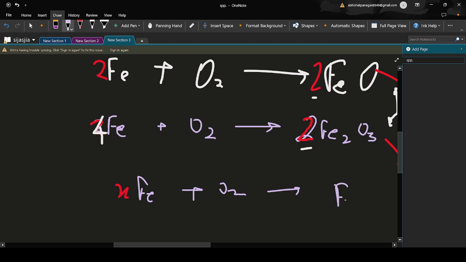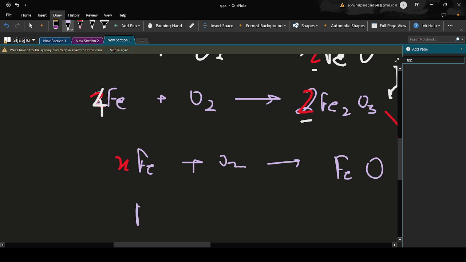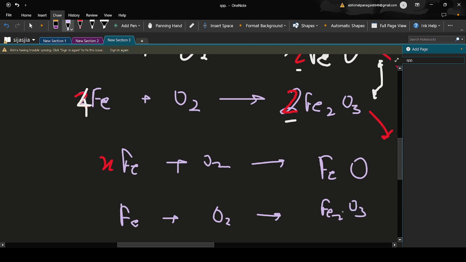FeO, right? And the next one is Fe plus O2 gives Fe2O3. Now, as we interpret the stoichiometric quotients, they are going to be like, see, if you see this,